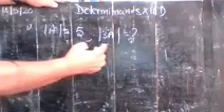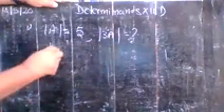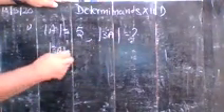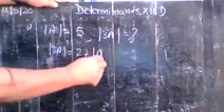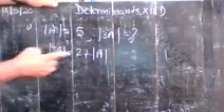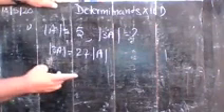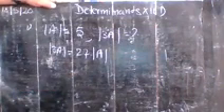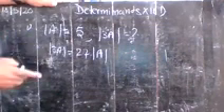Here it is given the determinant of 3A. So the determinant of 3A can be written as 27 times the determinant of A. This means you take 3 common in the first row, 3 common in the second row, and 3 common in the third row. Understand? That is the difference between a matrix and a determinant.